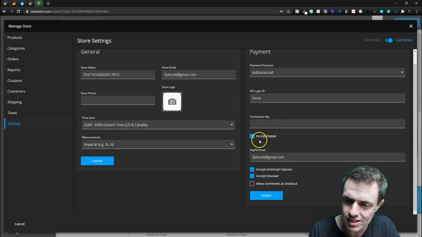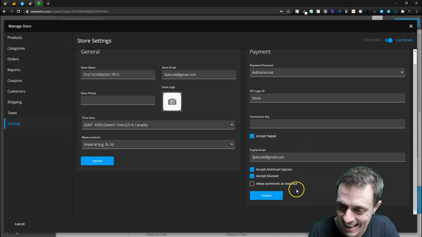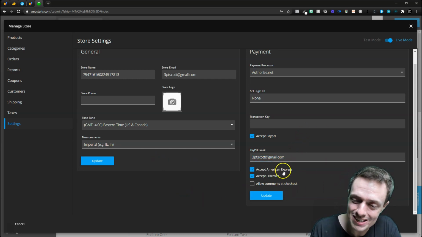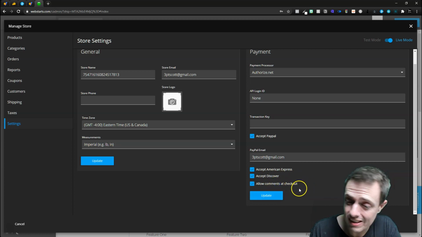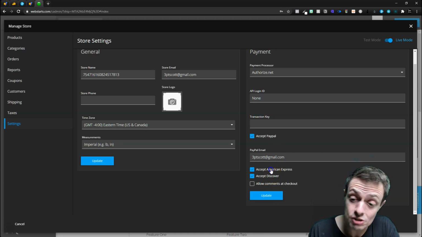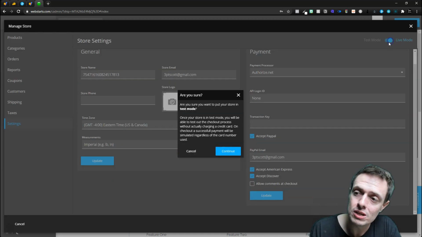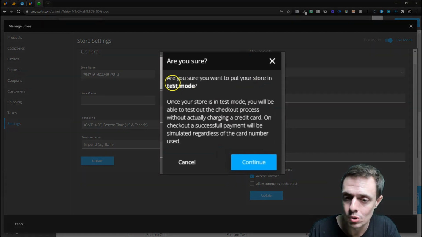We have a transaction key, so we can accept PayPal. We have the PayPal email field. That's not my PayPal email, so I need to exit out of that. We can accept American Express, Discover, and even allow comments at checkout. I don't know what that means, but for whatever reason, if you don't want to accept American Express, you can do that here. At any time, we can put our store into test mode, and then it's going to say,